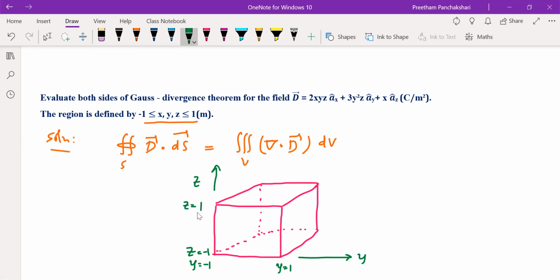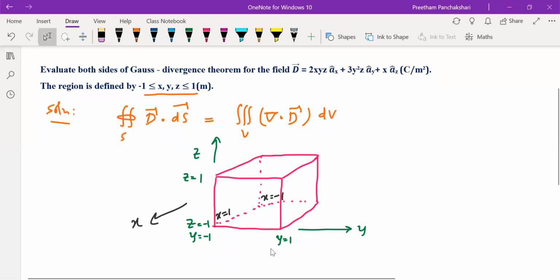Z increases upward. Similarly, the x-axis is a very important one. Positive x-axis is towards us, that is coming out of the page. So that's why this point is x equal to 1. The back face point is x equal to -1. So this definition of the cube is most important here